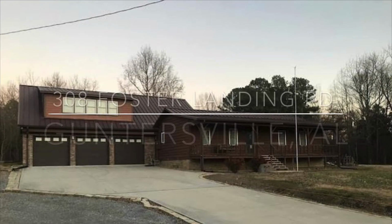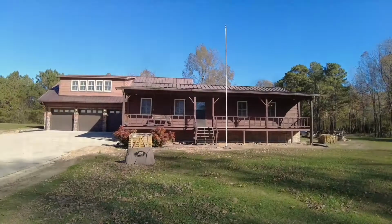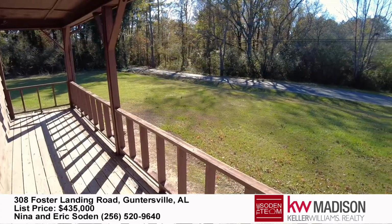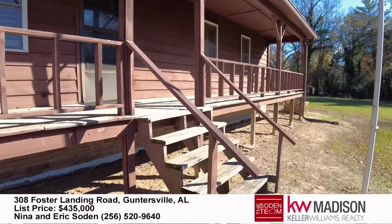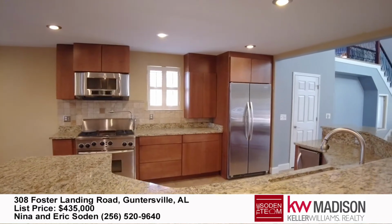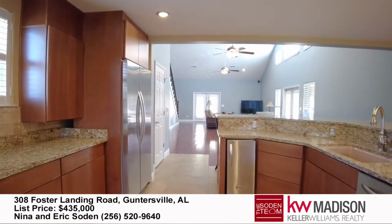If you're interested in the beautiful city of Guntersville, Alabama, then this home is a must-see. There's so much to do in Guntersville, and this home is just minutes away from water access, Lake Guntersville State Park, the Screaming Eagle Suspension Bridge and Ropes Course, Guntersville Museum and Cultural Center, Town Creek Fishing Center, and so